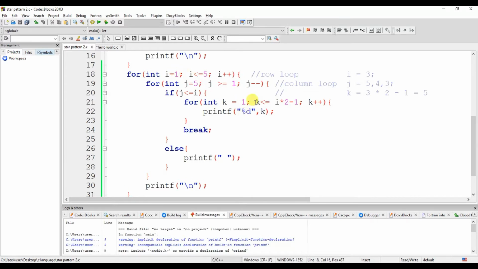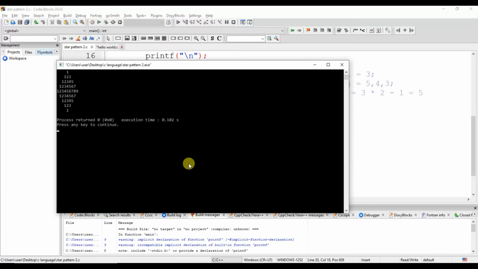For that we need to turn it around. So we go like this, greater than and greater than, and here 0, and it is smaller. So yes, we have achieved this pattern.